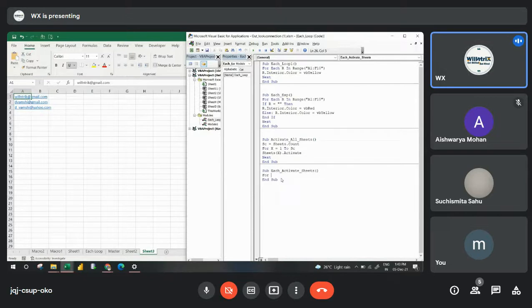For Each W in workbook's worksheets. ThisWorkbook.Worksheets. So W is nothing but a worksheet in this workbook, whatever worksheets we have in this workbook. Then this will go with Next.